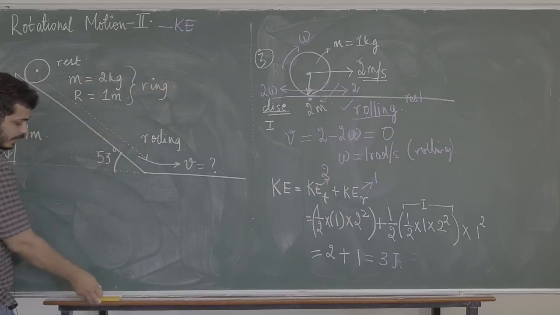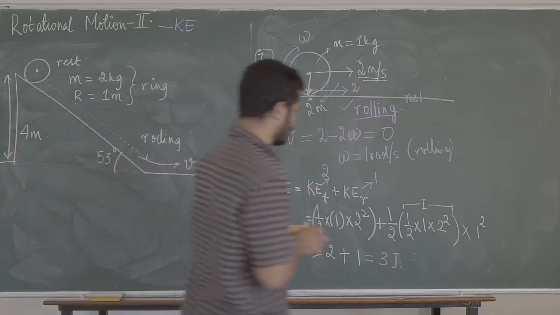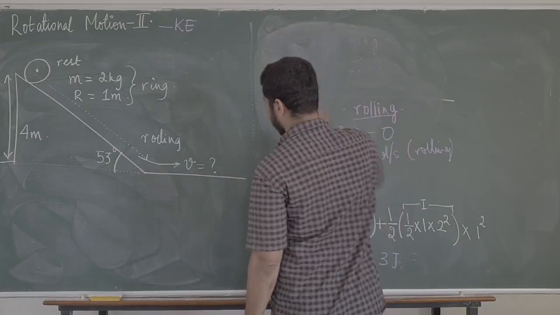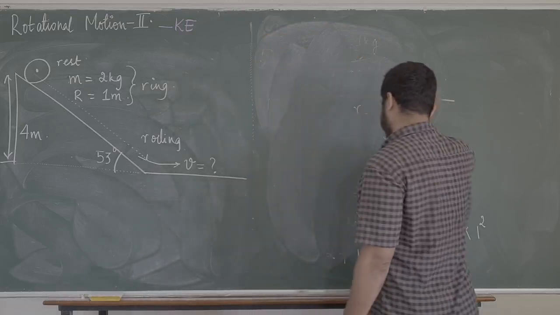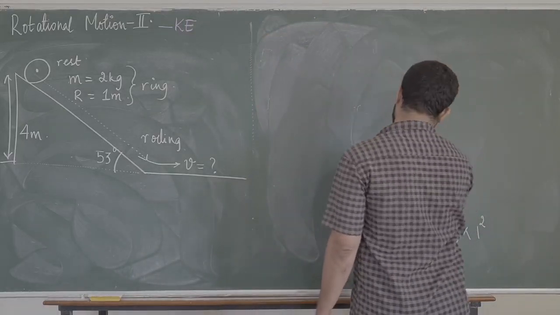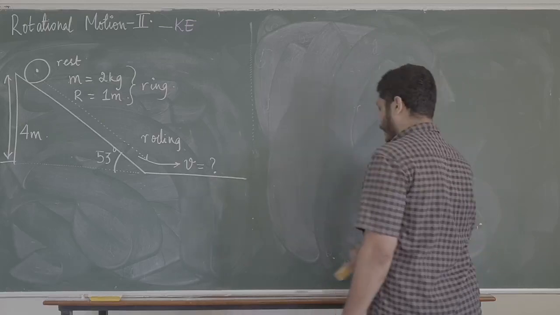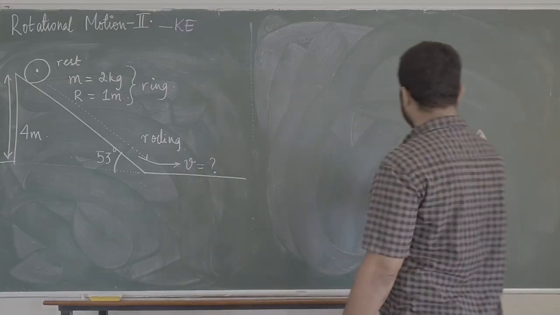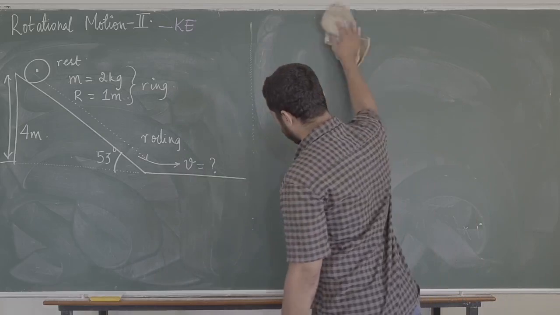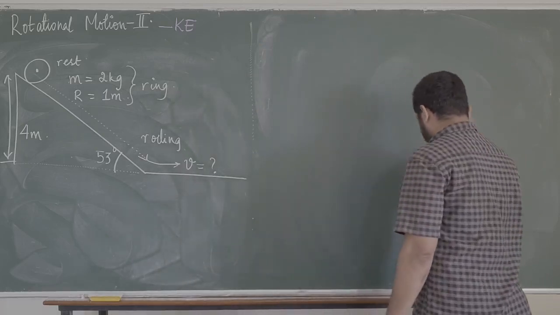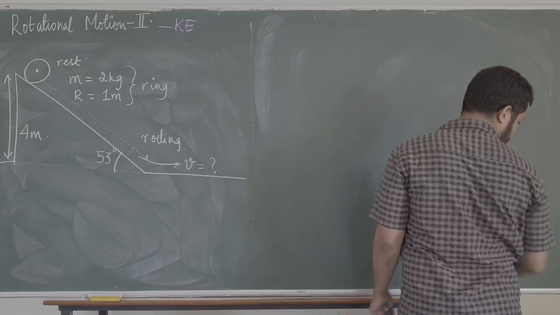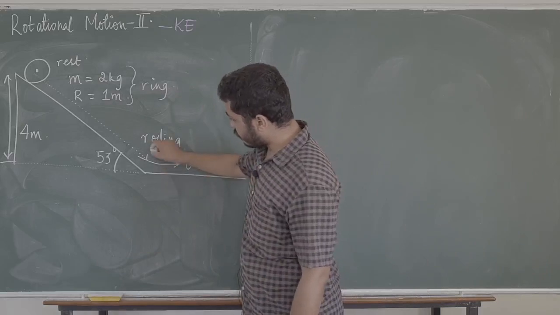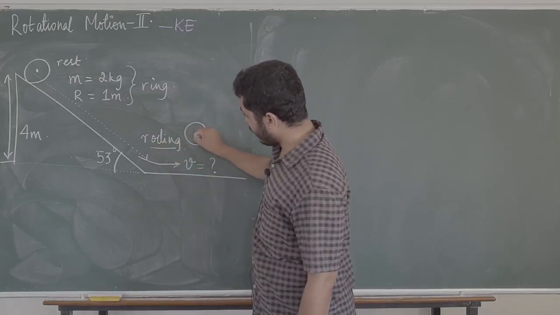Can you solve it? Let me rub the other side of the board. Think about solving this. So let us say that thing is a ring. The ring is rolling down. So keep in mind the problem clearly specifies that the ring is rolling down. What is the velocity of the ring at the bottom of the inclined plane? Velocity क्या होगा? Can you do it? Because something is rolling down the inclined plane, we can say that V is equal to R omega. So at the bottom part of the incline over here, one thing we can say is the object is rolling, which means that the object is moving forward.